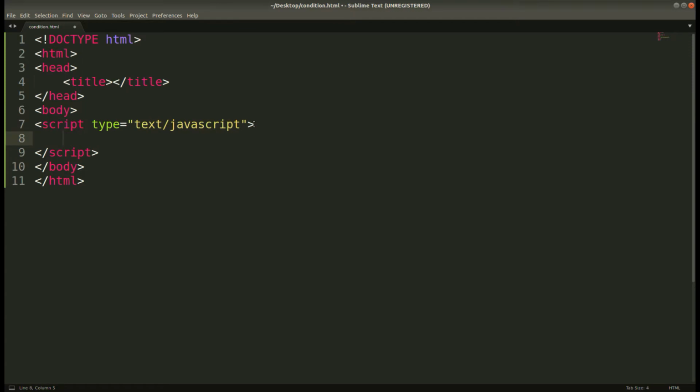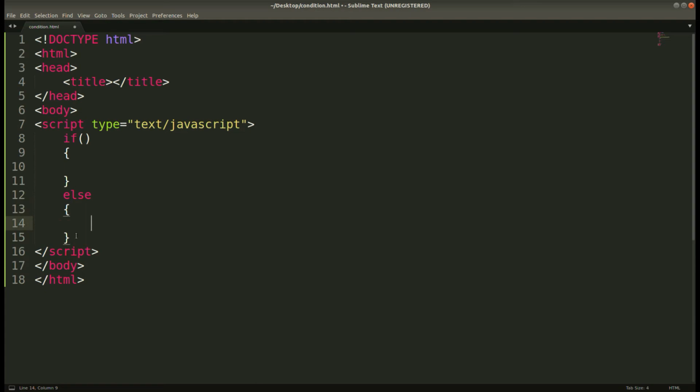So in every programming language there are conditions, and that is represented by if. If something is true, then it goes under this bracket. If not, it will not go inside the bracket, it will just come out of the bracket. Here we can write the else statement or we can skip it. It depends upon our necessity of what we want to do on that.